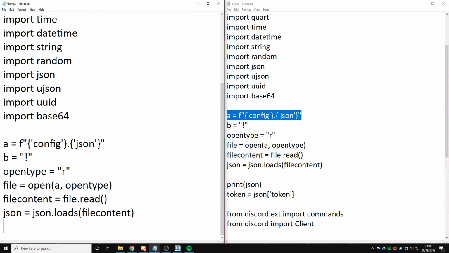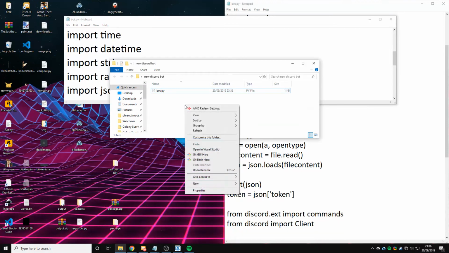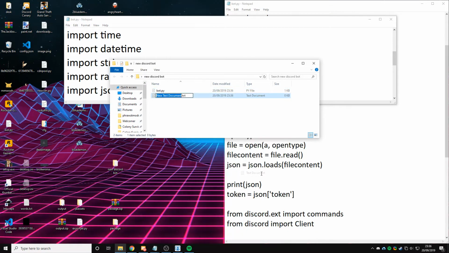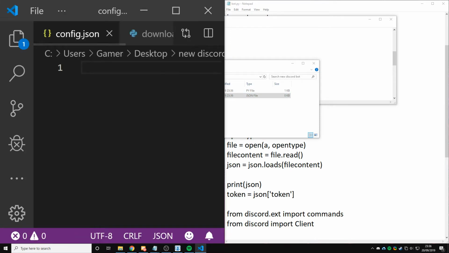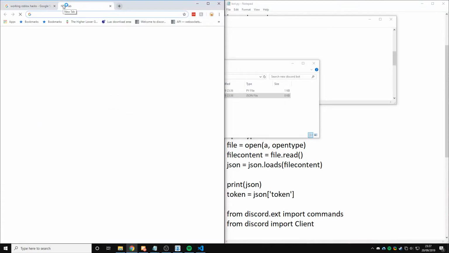Now what we have is a JSON file, but it doesn't exist here, so if we run it, it won't work. So now we're going to make a new file called config.json, and you just edit that. In this example, we're going to use it for a token, so we're going to go here, use token, and there. Now we need to get a token, so we're going to go to